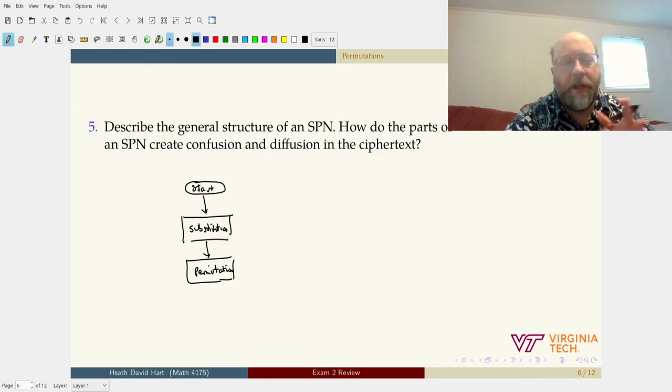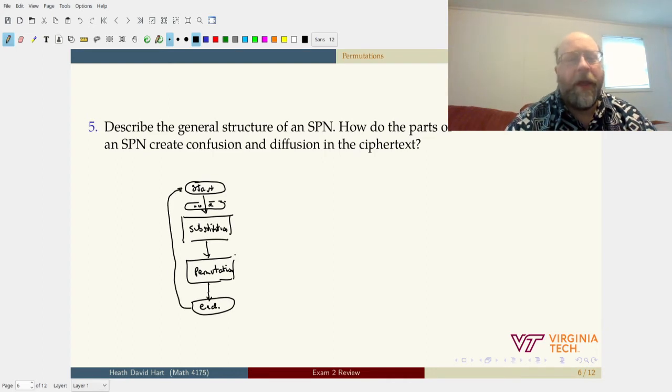And then the permutation rearranges things so that the errors, or the changes, are propagated to different places in the ciphertext. There may be some additional steps. Often there is a key step in here where we do some XORing with the key. But strictly, that's not necessary for an SPN. An SPN just does a combination of substitution and permutation operations. That ends the round, but it goes back through here